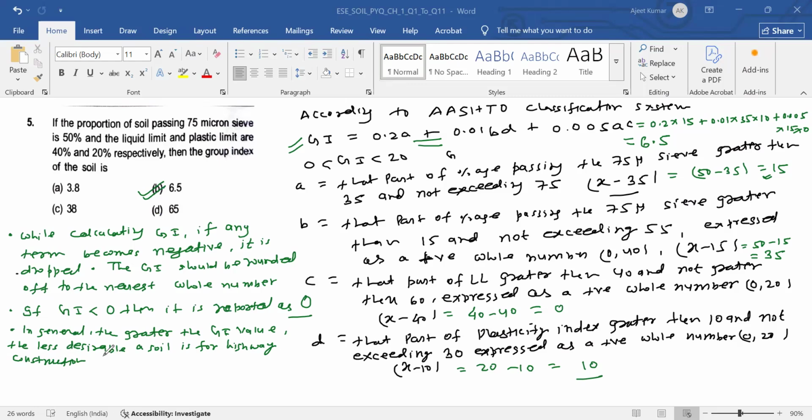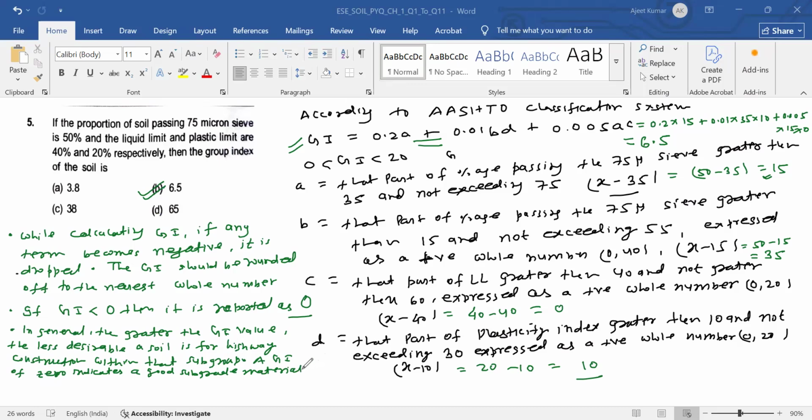Within that subgroup, a group index of 0 indicates a good subgrade material,